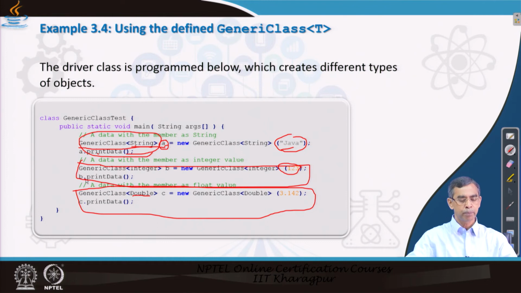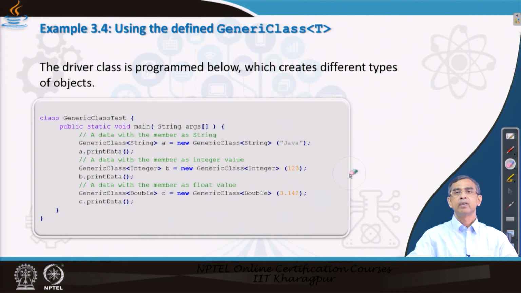For example, print data here prints data for integer type, here for string, and here for double values. So this way the generic execution can be done depending on the type of values that you want to process. This is the way that a generic class and its utilization can be done.